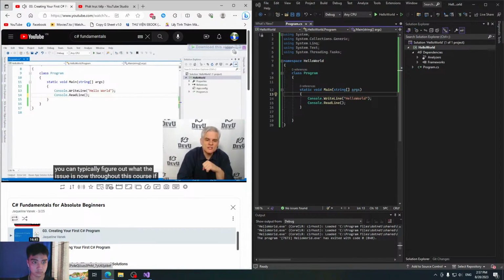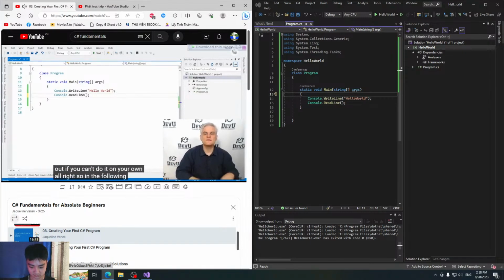Now, throughout this course, if you run into a wall and you simply can't figure out what the problem is, do this. Compare character by character. Take your time until you develop a vision for the problems, where your eye will jump to the problem in code. Compare what you wrote versus what I wrote. I'll supply the source code to you, so open it up in a second copy of Visual Studio and then just look character by character. What did I do different than what Bob did? All right. And that will usually help you figure things out if you can't do it on your own.